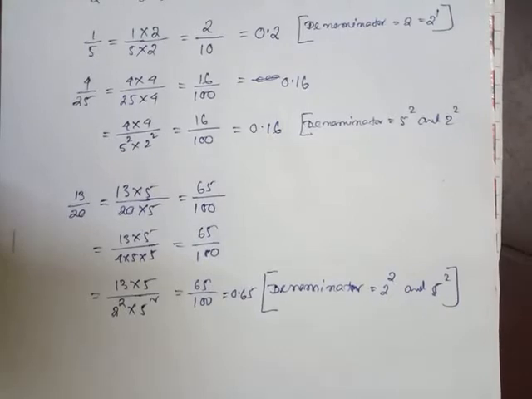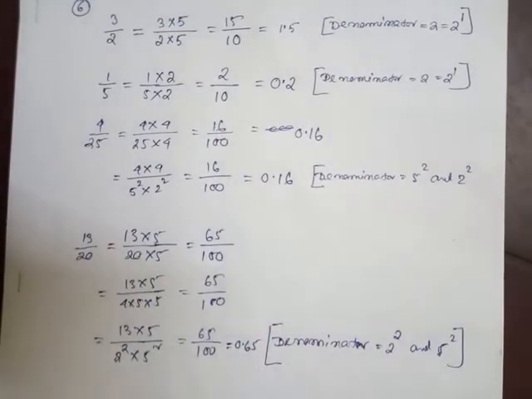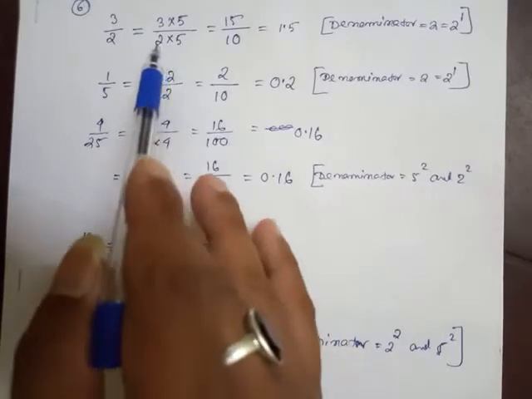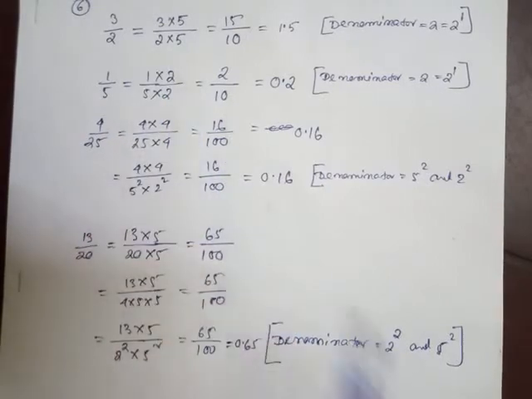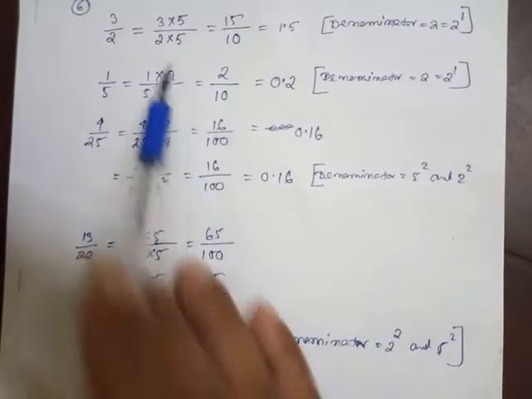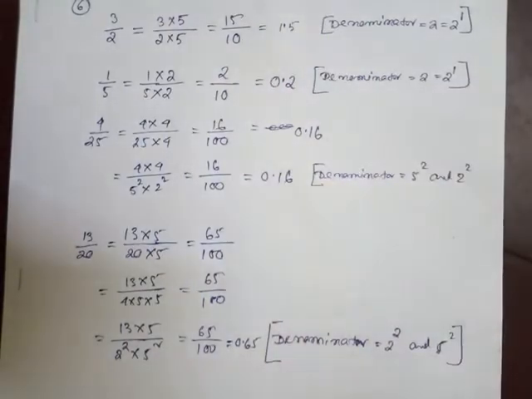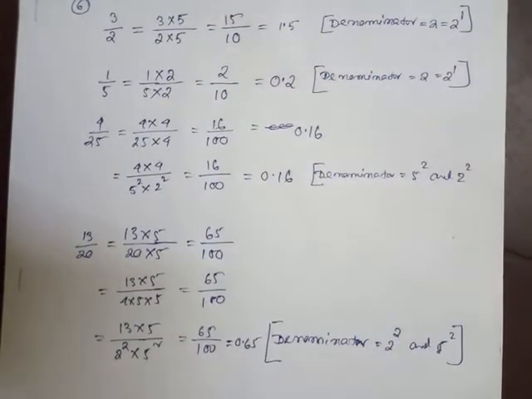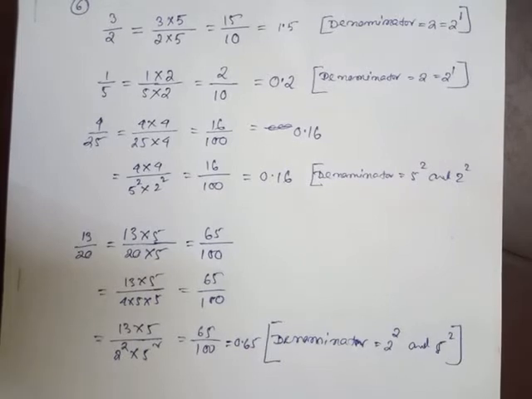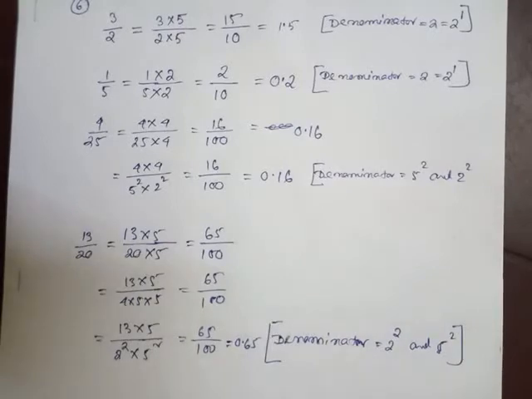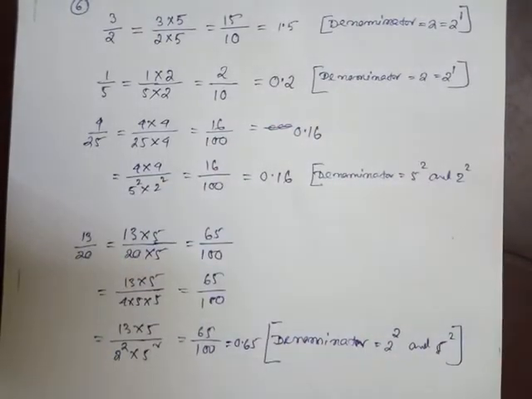Now students, in these 4 examples, one thing is clear: all the factors in the denominator are multiples of 2 and 5, which means 2 and 5 are prime numbers, and multiples of these prime numbers give the terminating decimal expansion. One more thing clearly observed in these 4 examples is that the prime factorization has only powers of 2 or powers of 5 only. I have taken these 4 examples. Don't get confused, students, you can take other examples of your choice.